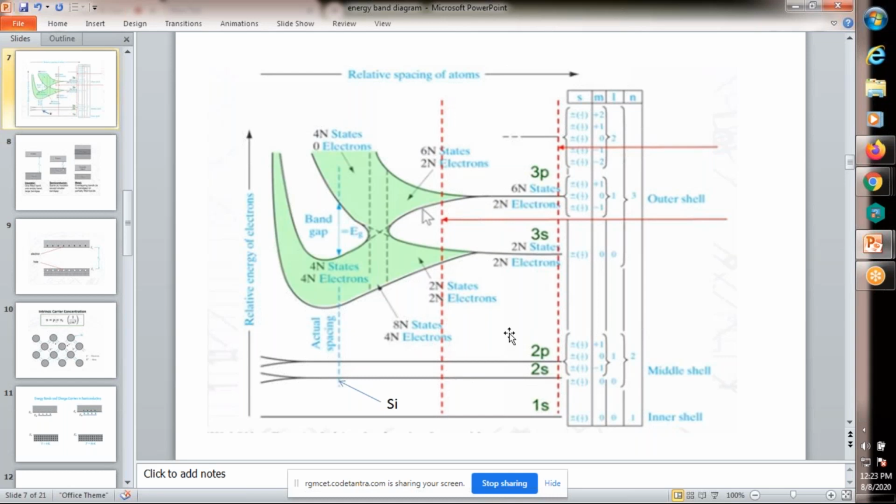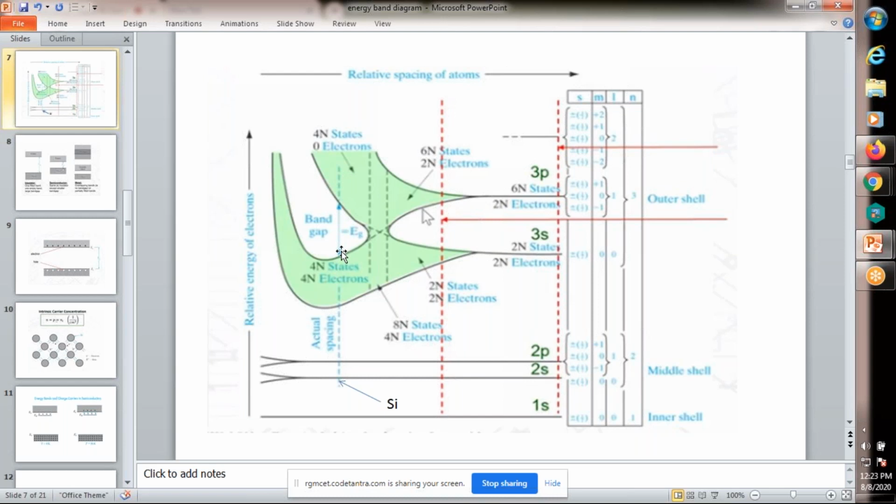Per cubic centimeter, the available atoms are 10 power 22. You can imagine that the spacing between the two atoms is very small. Due to this small spacing, their energy levels are disturbed. All these energy levels are formed mainly in the outermost shell into a single energy band, and at equilibrium this band is further divided into two bands, namely the valency band and the conduction band, separated by a band gap energy.